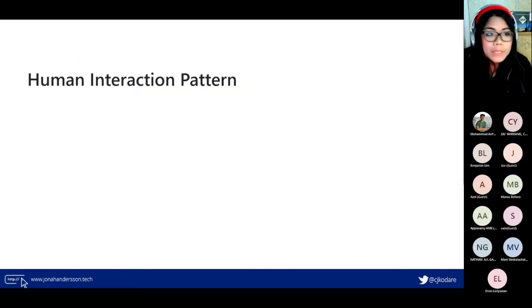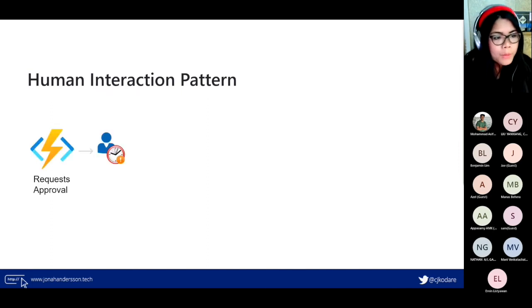And then the next one is human interaction. Sometimes we have to create applications that require human interaction, for example, approval requests or approval workflows. You want someone to approve a request, and that person might be on vacation somewhere in Spain or in a tropical land, and maybe doesn't have access to email.